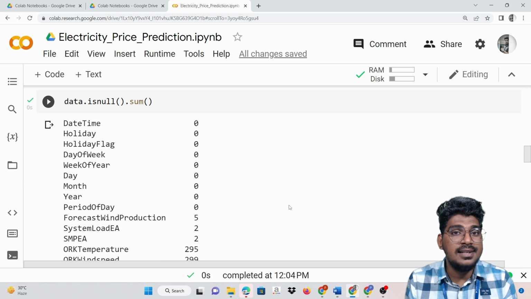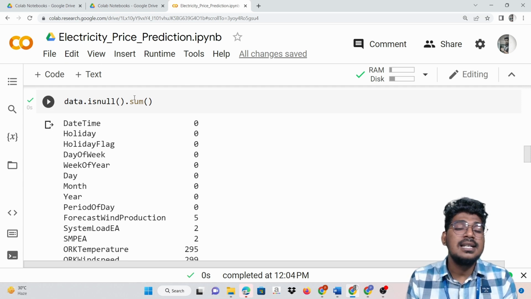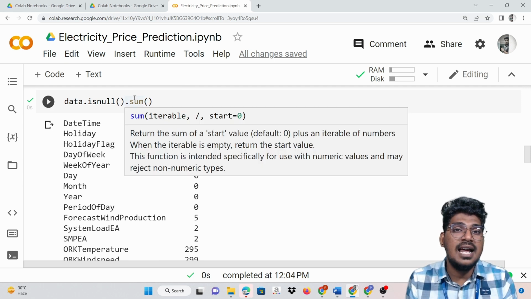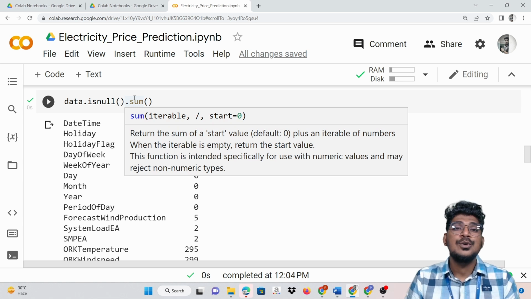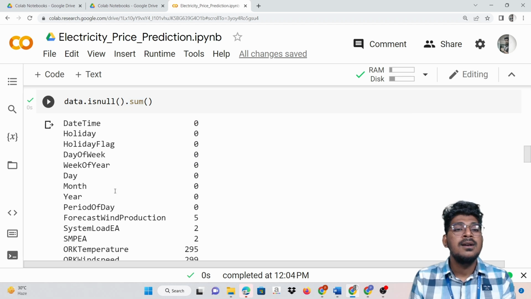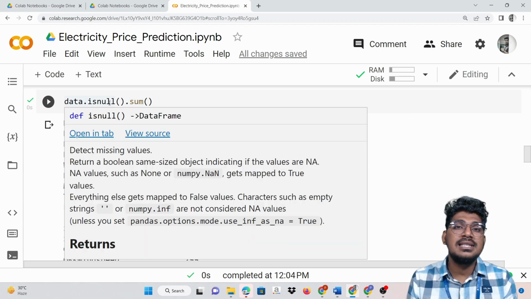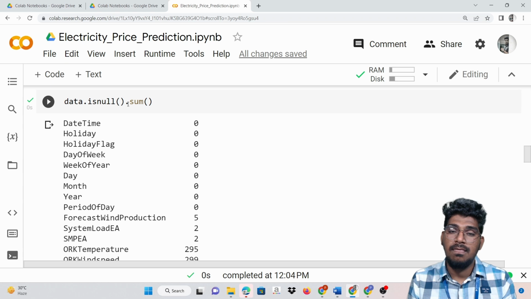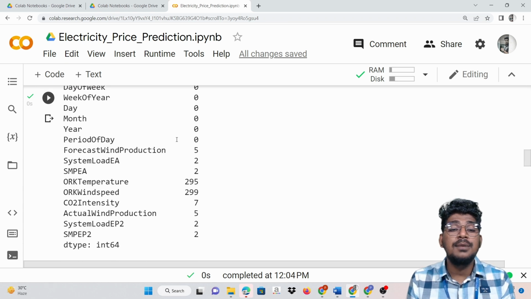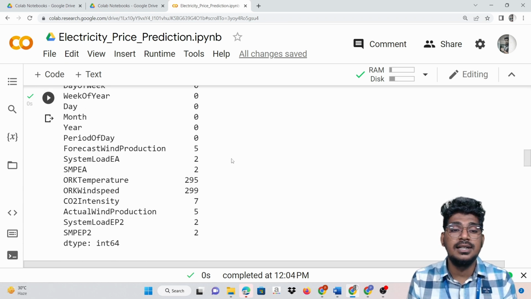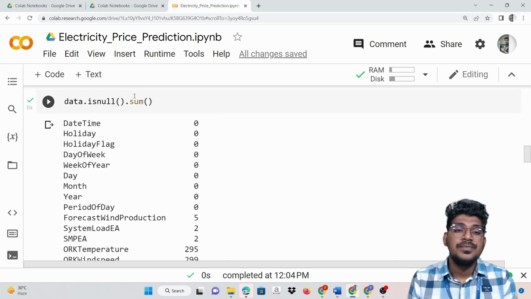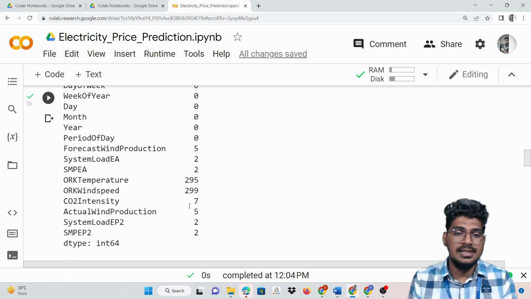Now we are going to check whether there are any null values. This isnull function will help to display true or false, whether there are any null values. In this sense we need to confirm it. So how can we? With the help of isnull().sum() we can display the count of null values for this particular data set. So with .sum(), you can see here.